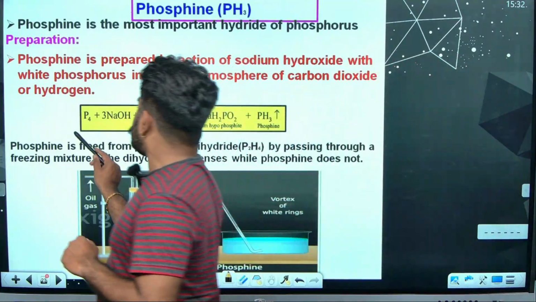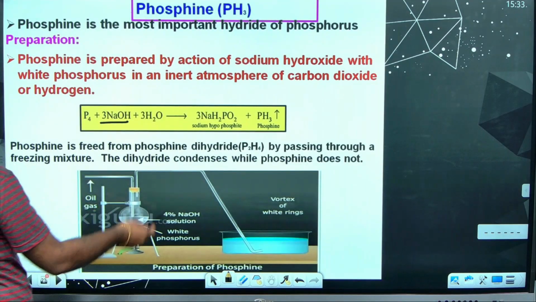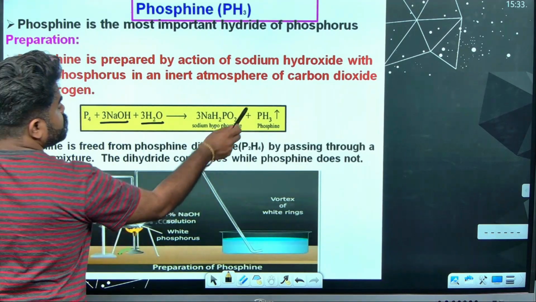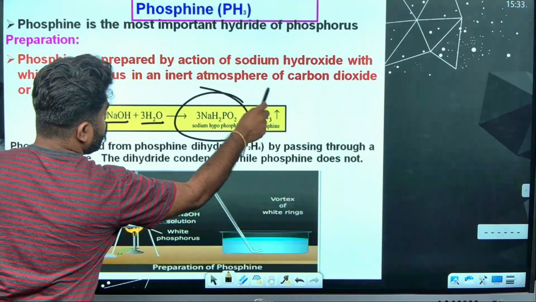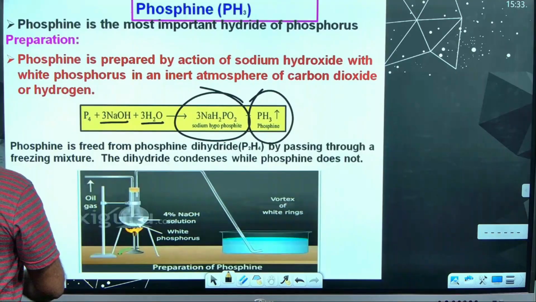Phosphine: if you take phosphorus and treat it with alkali, that is caustic soda, NaOH, with water, you get sodium hypophosphite along with the evolution of phosphine gas. You see that